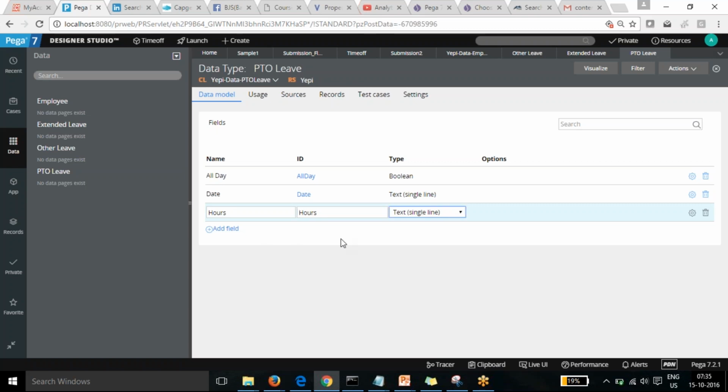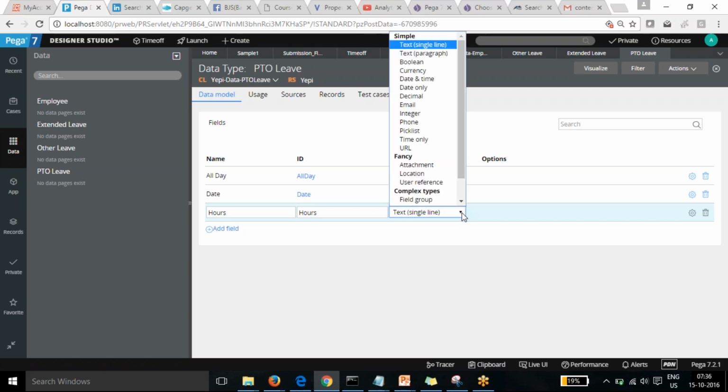Sorry, there is one mistake I did. In Pega, once the type is defined, you cannot change it back. You need to delete it and create it again, because if I've given a date and by mistake did not change it, I need to delete and recreate that one.